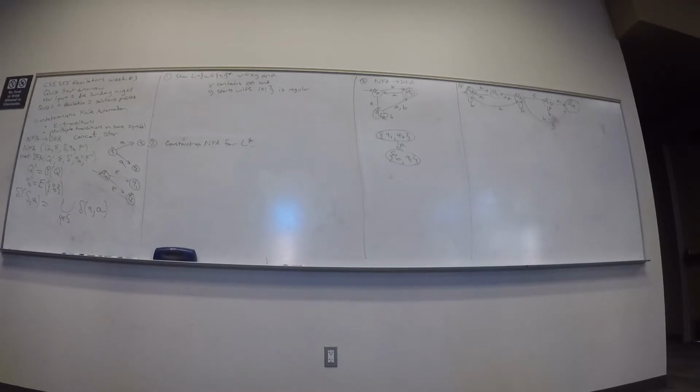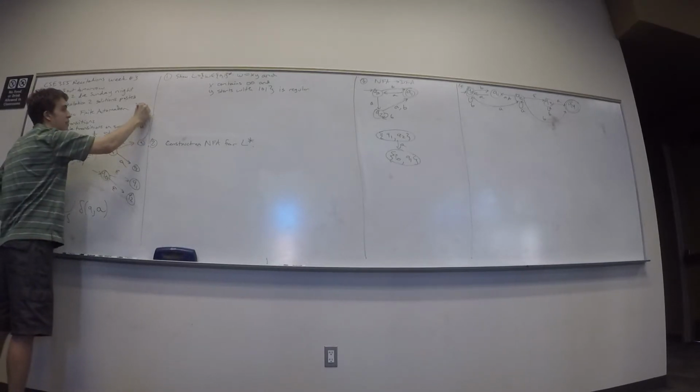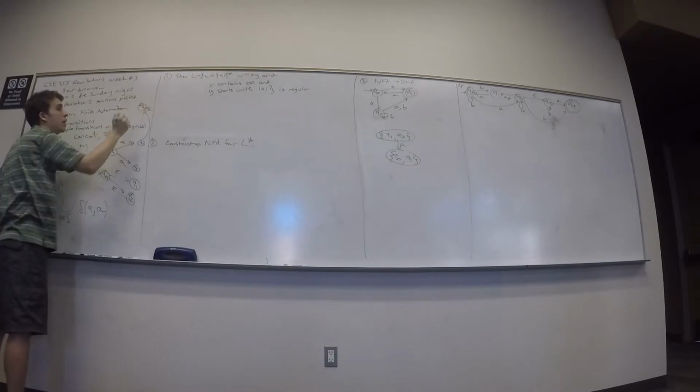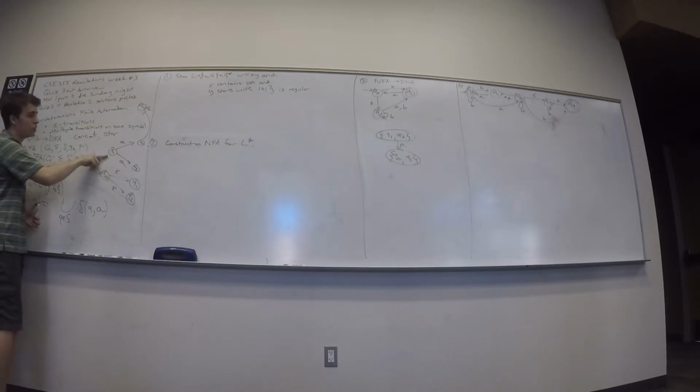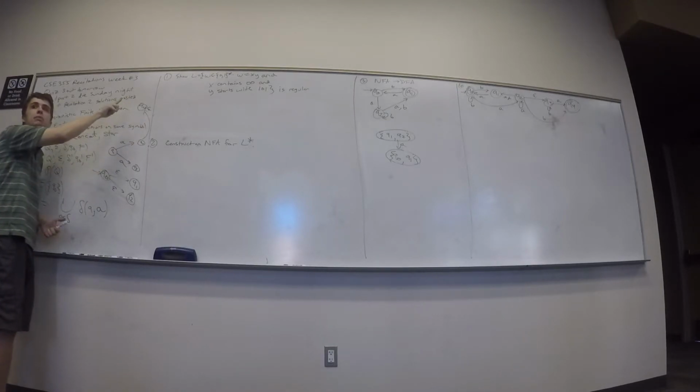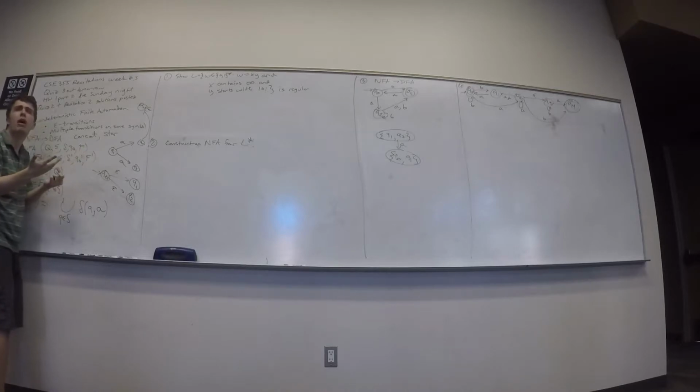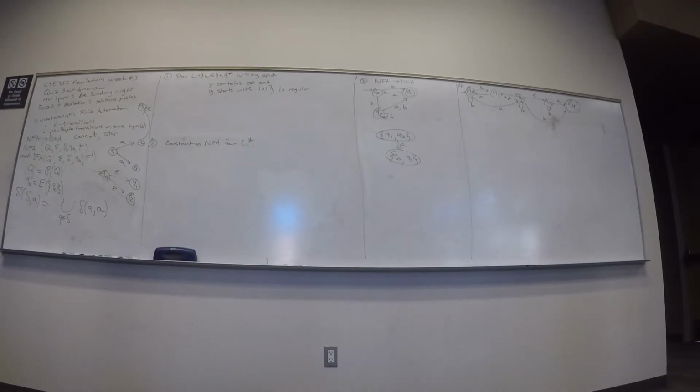Is this all there is? You know there isn't because I asked it that way. What if I forgot something? Well, I forgot final states, but what about the transition function? Is there something I forgot? Yeah, something about epsilon, right? What if I had an epsilon transition to a Q4 over here? I read this one character, but I could also take that epsilon transition if I wanted to. So how do I remedy that? Epsilon closure. Same thing as the start state, but applied to every single transition. Okay?